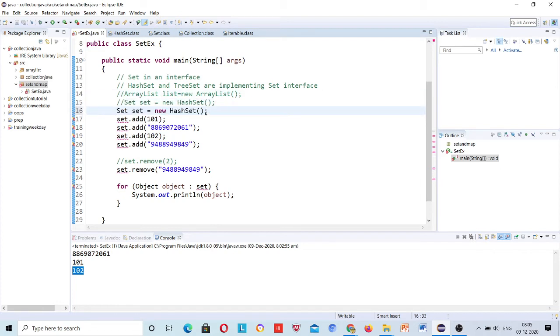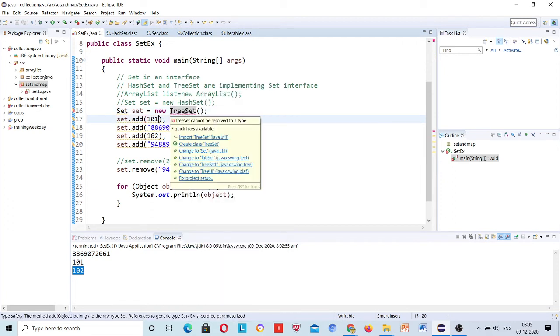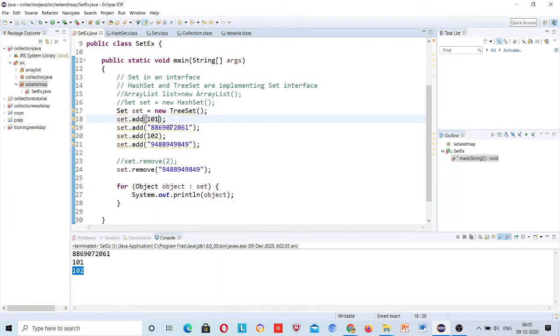See, instead of this hash set, if I write the tree set, and import that package first, and let's run it. First let me do string values so that we will find the order.